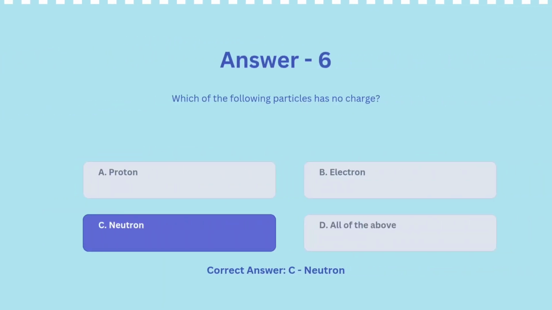Well, the answer is option C, neutron. As I told you before, neutrons have no charge, so that they can bond with protons together in the nucleus and also maintain the electron's orbit, thus keeping the atom together. This was the problem before the neutron was discovered, and people could not figure out why the atom was an atom.